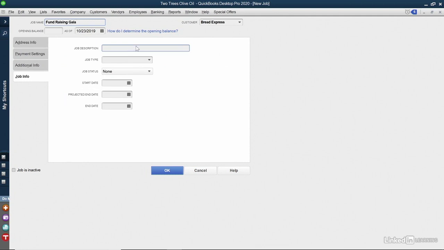I can put in things that are meaningful to me, including the job description, the job type, whether it's commercial or residential, a status, for example, if it's pending, awarded, still in progress, or even closed, meaning the job is done. If, for whatever reason, the job is continuing for a while, I can select Job is inactive on the